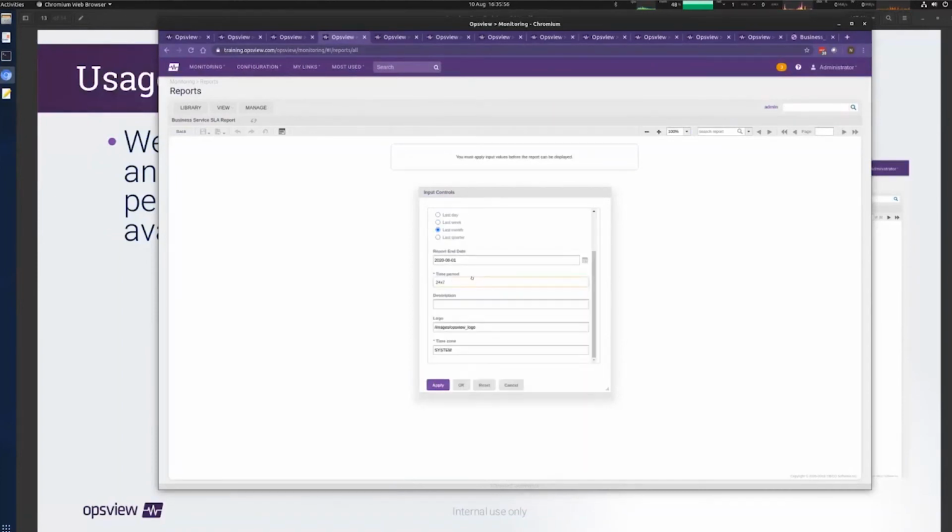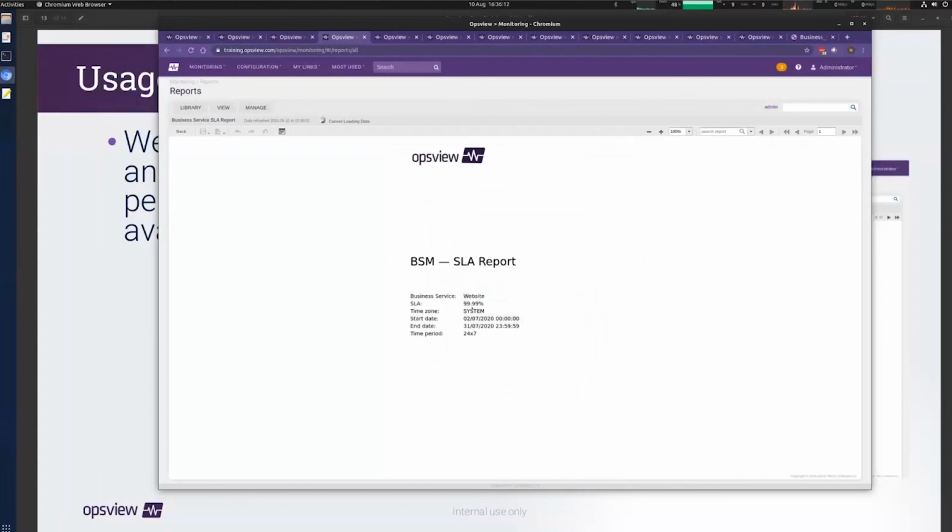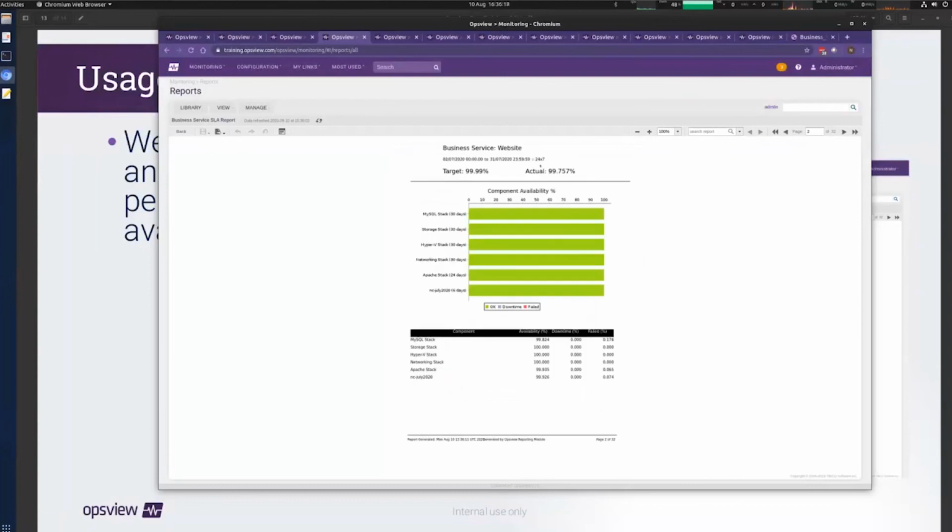Time period is 24 hours a day. And the report end date was the 1st of August. If I then hit OK, this will generate me a report of how available my website was for that month. So I've got my SLA here, and we can see what it actually ended up as, and we can see which component it was that